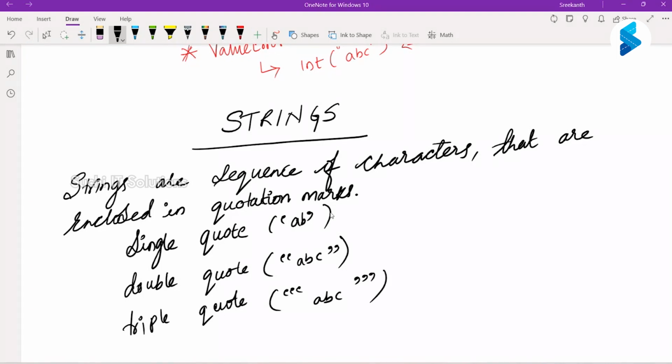The catch is that if you are using a single quotation mark to open, you have to use the same single quotation mark to close the string. If you're using a double quote, close the string with a double quote. If you're using a triple single quote or triple double quote, use the same one to close the string.